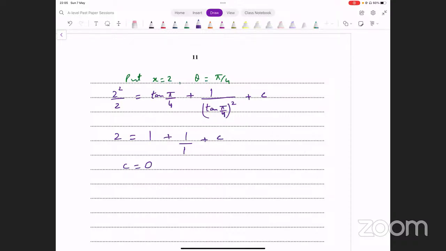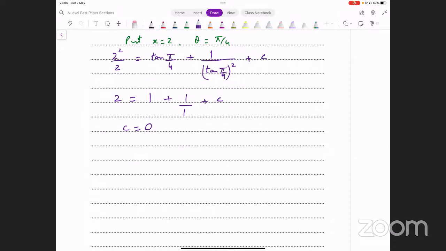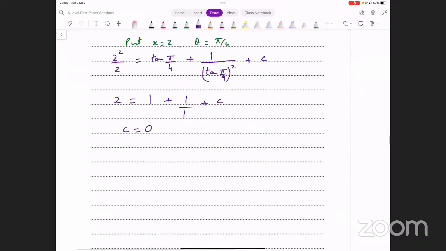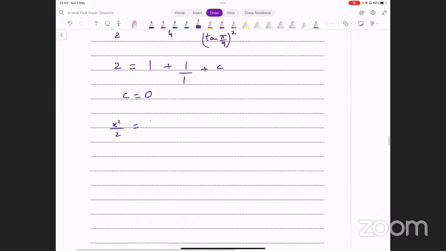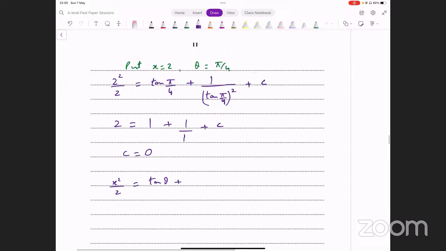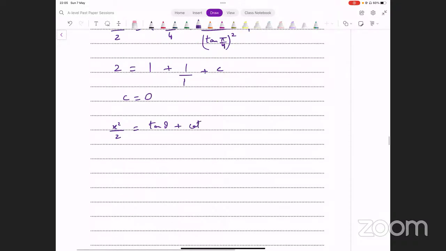All right, c की वैल्यू 0 आ गई। अब हम क्या करें, इसमें वापस इनपुट करते हैं x square over 2, that equals tan theta plus cot square theta plus 0। ठीक है, ये हमारे पास इक्वेशन आ गई।